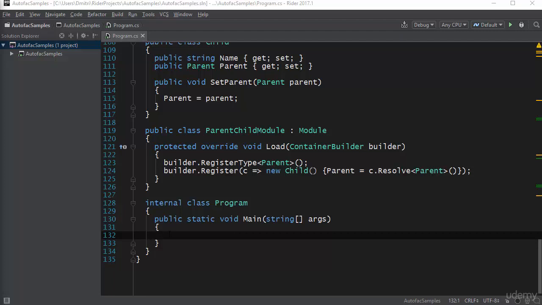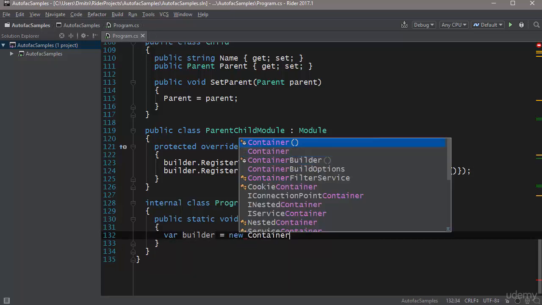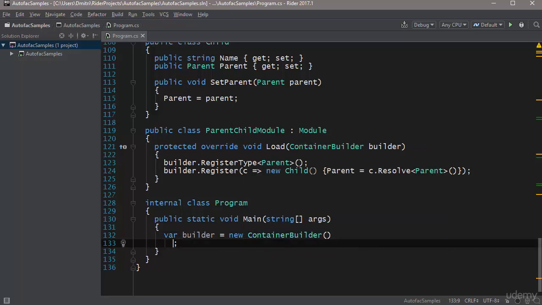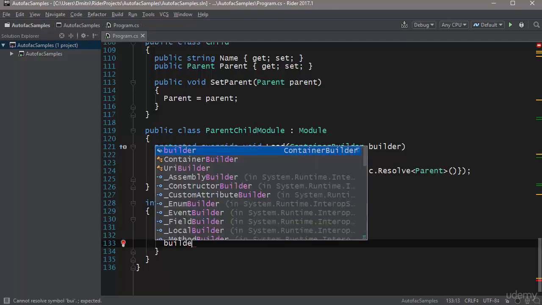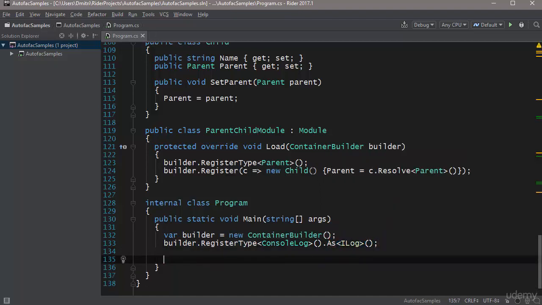So let's begin with a very simple example of making scopes. As before, I'm going to make a builder, new ContainerBuilder. Then I'm going to register a type. So I'm going to go builder.RegisterType, I'm going to register the ConsoleLog as an ILog, like so. And then what I'm going to do is build a container. So I'll say var container equals